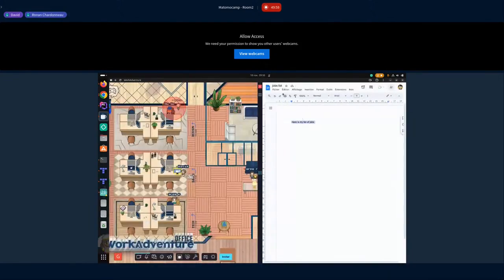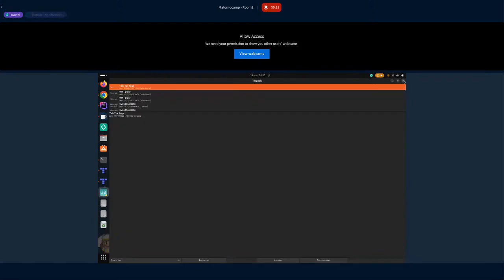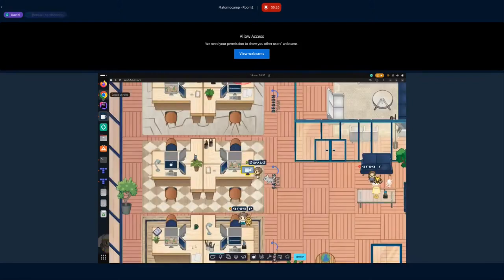Rather than having this, I think I can use a better link, which is only displaying a PDF. But it's really just as easy as that. The whole idea is that WorkAdventure does not provide everything, but you can integrate it with a lot of different things.